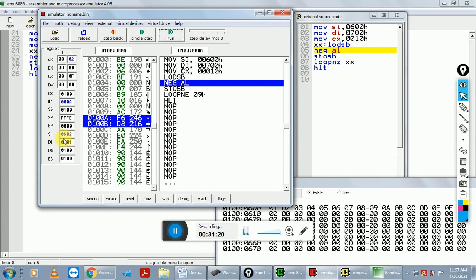So our SI value is updated here to 0602.